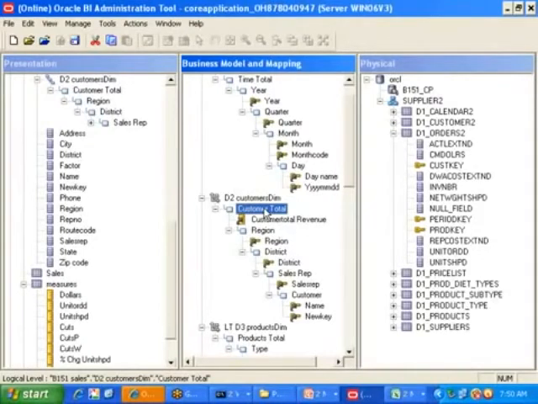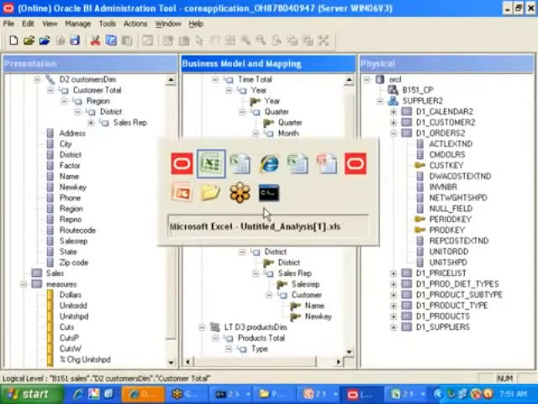So now I can define level based measure in this way: level based measure is a measure column, but always it will be calculated at one particular level.